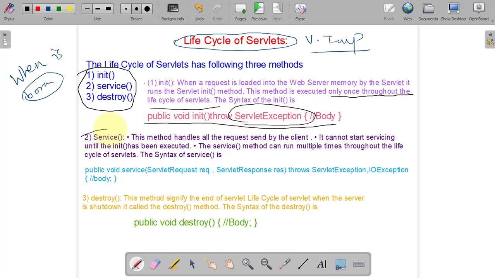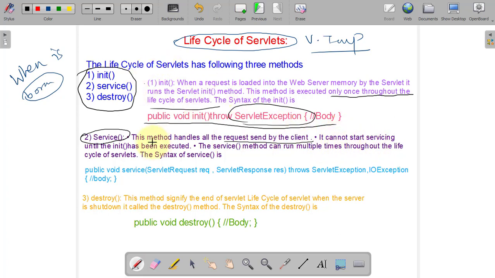The second method of the servlet life cycle is service. This method handles all the requests and responses. That means the request sent by the client and the response sent by the server to the client. This request and response handling process is done by the service method.